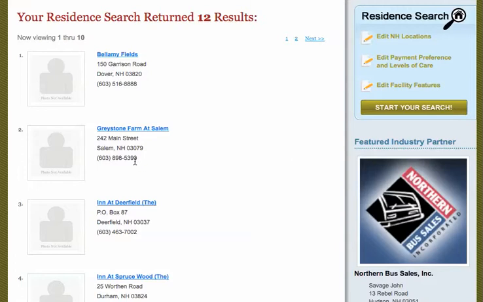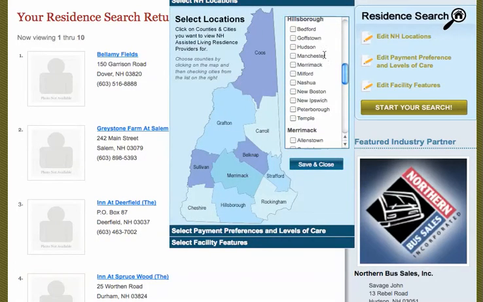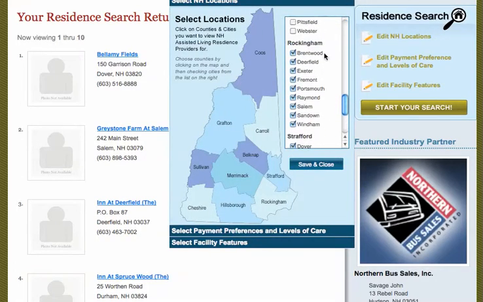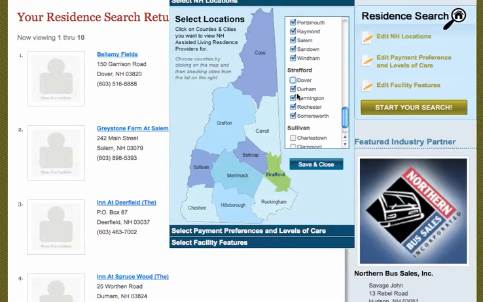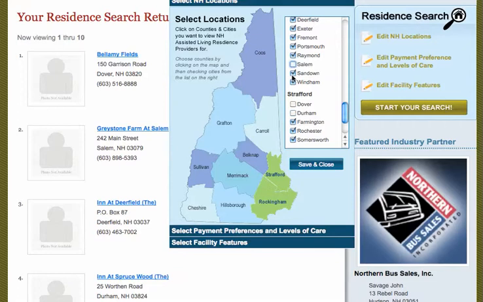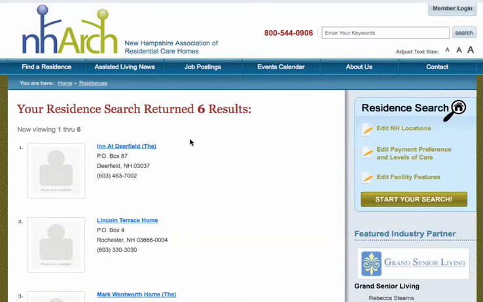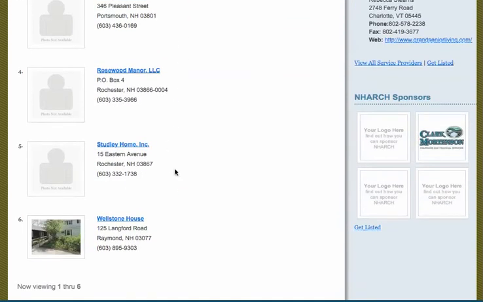maybe I didn't really want Salem included in that. You'll notice over here that the selections are still there. I don't have to start over. So I can go over here and scroll down to my list and say, I didn't want Dover or Durham or Salem, Sandown, or Windham, and it's just keeping the other ones that are still checked, and I can search again, and then it refines my results to 6, and I'm going to look at the Wellstone